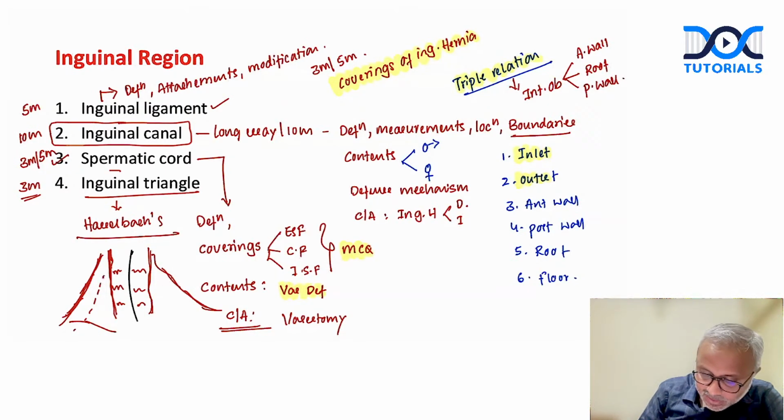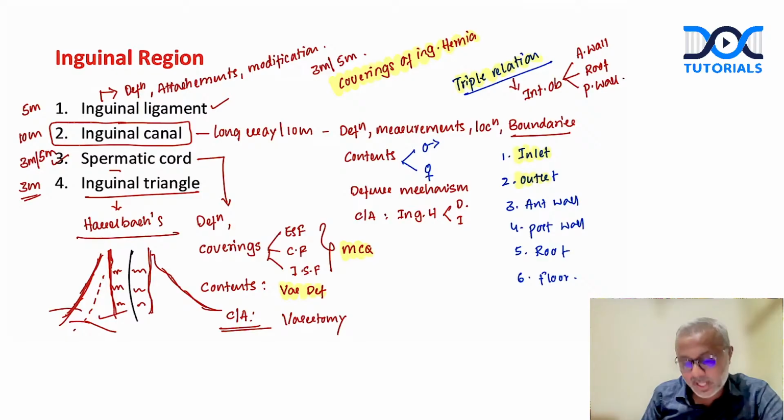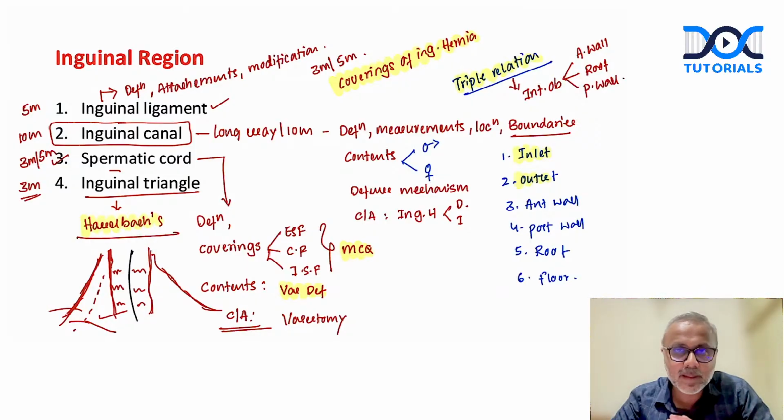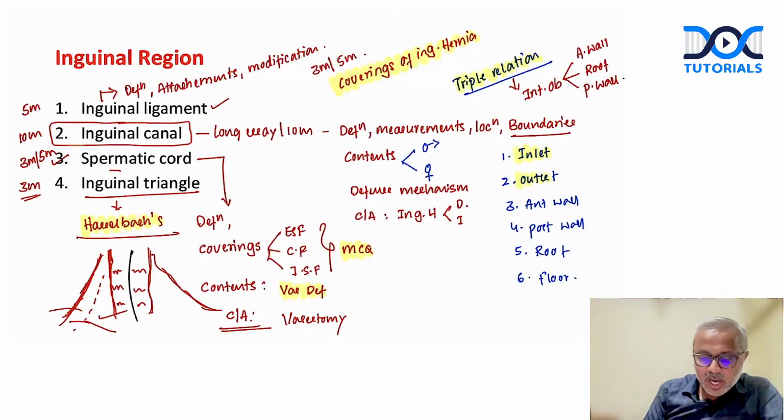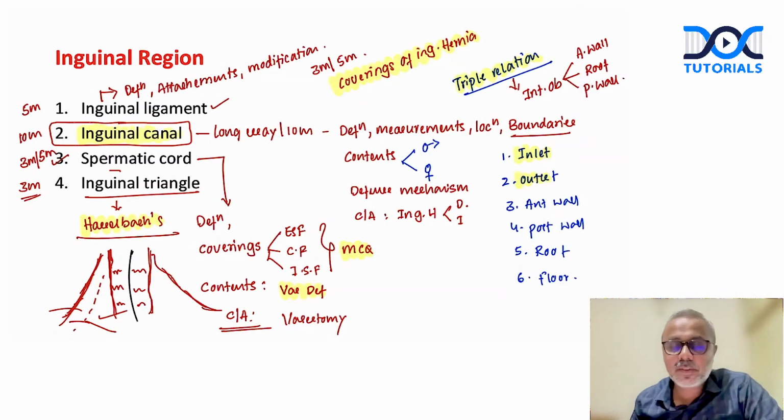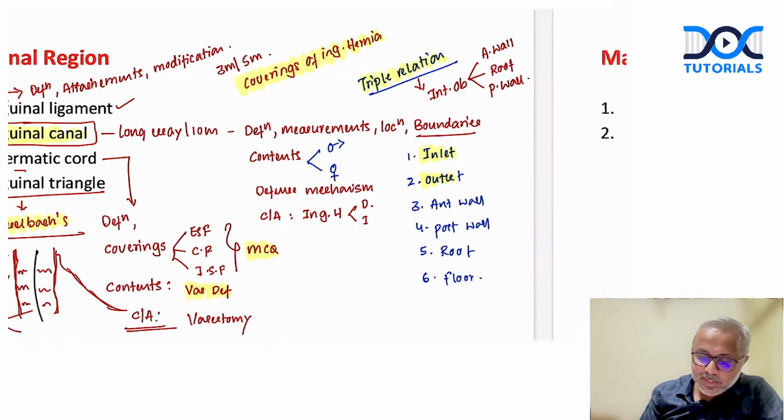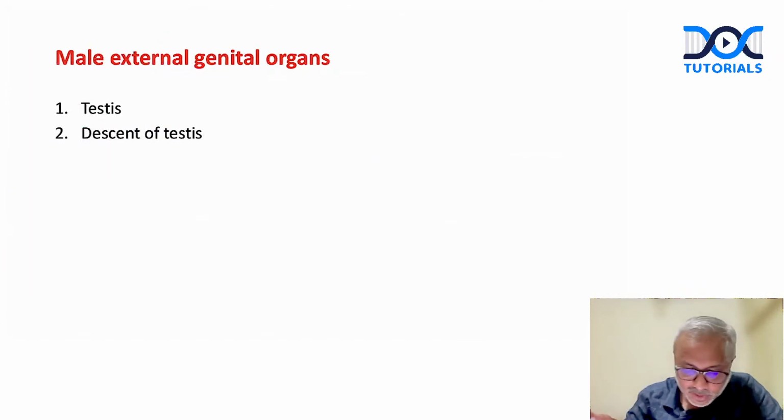What do we mean by the supravesical fossa? What do we mean by the medial inguinal fossa? This we need to explain if the Hesselbach triangle is asked. So please mark this. This could be again a very important 3-marker for your exam. Hesselbach's triangle, done? Now, this is regarding the inguinal region. And as I said, you cannot go to your exam without learning the anatomy of the inguinal canal. Done? Then in the male external genital organs, of course, the testes.